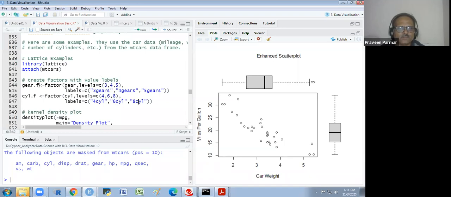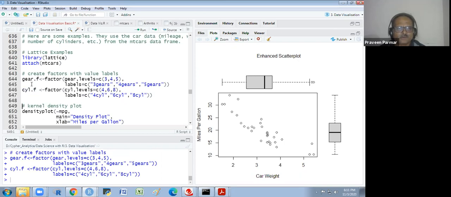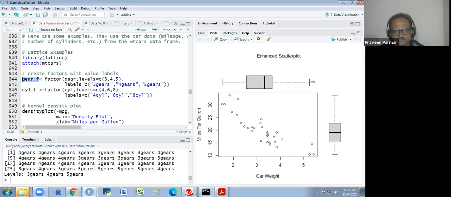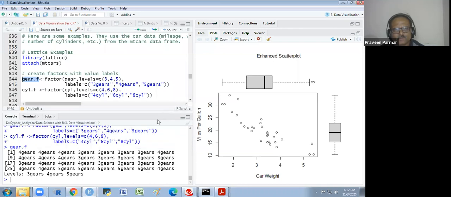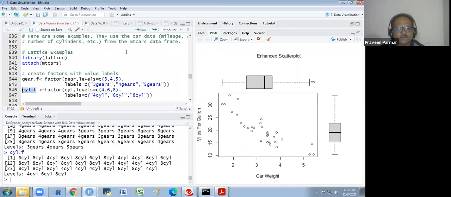These are the independent variables we have now. Okay, so I run this. If I show you the head of this, you could see 32 rows. It will explain what they are in this way. If I show you the cylinder, you will see it in this way.